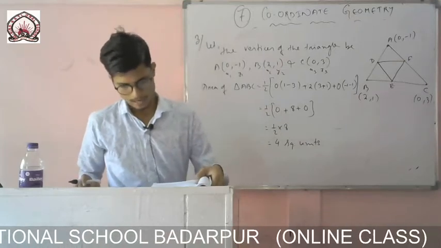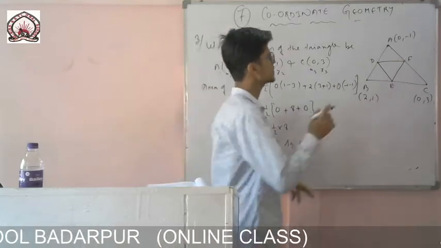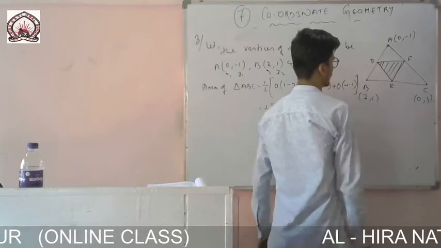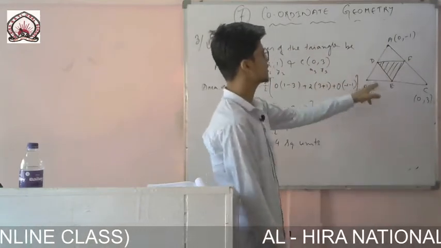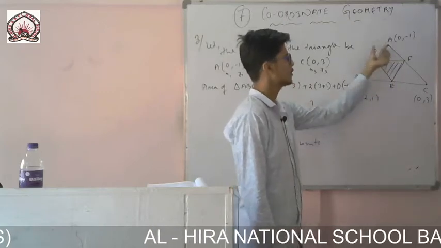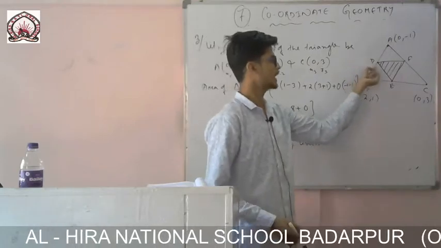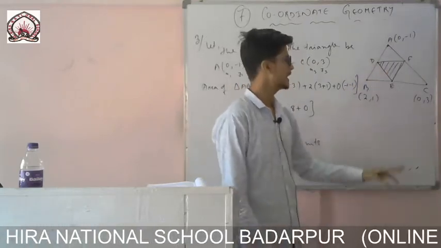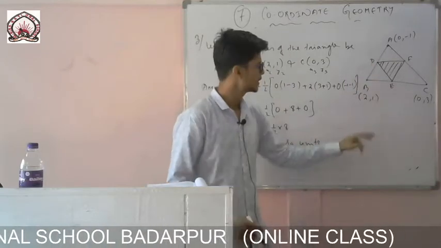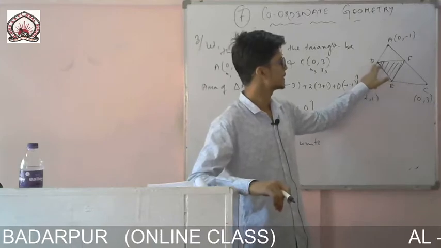So area of the triangle ABC. Now the first one we have got. Now the question is given, you have to find the area of this one, and then you have to find the ratio. To find the area of this triangle, I have used the coordinates of A, B and C, because it was given in the question. Now to find the area of this triangle DEF, I need these coordinates. I have said earlier how I can find it.